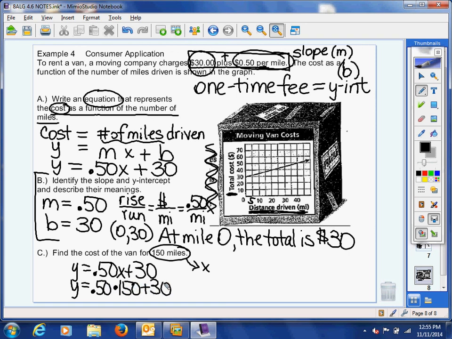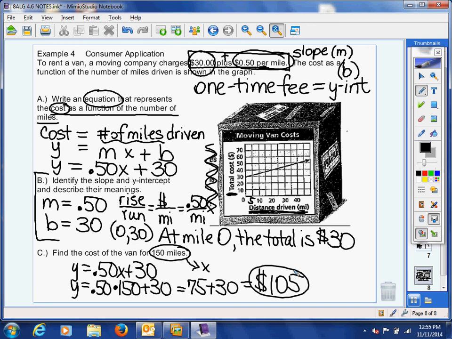Now remember, 50 cents is half a dollar, right? So we're going to take half of 150. So in your calculator, type in 0.50 times 150. And that's, of course, 75. And then add 75 and 30 together. Still got to pay that $30 one-time fee. We owe the moving company a total of $105 just for driving